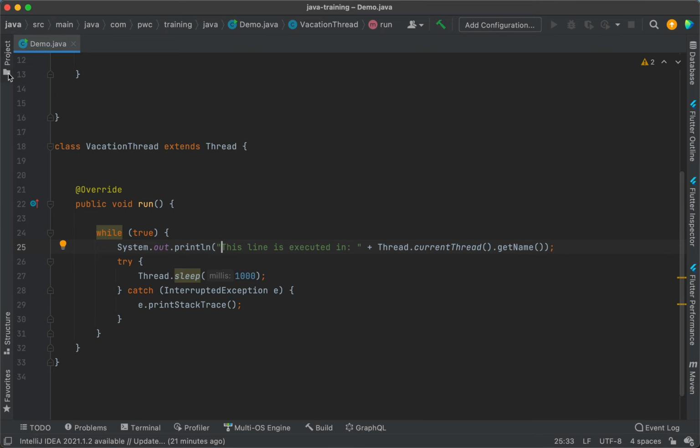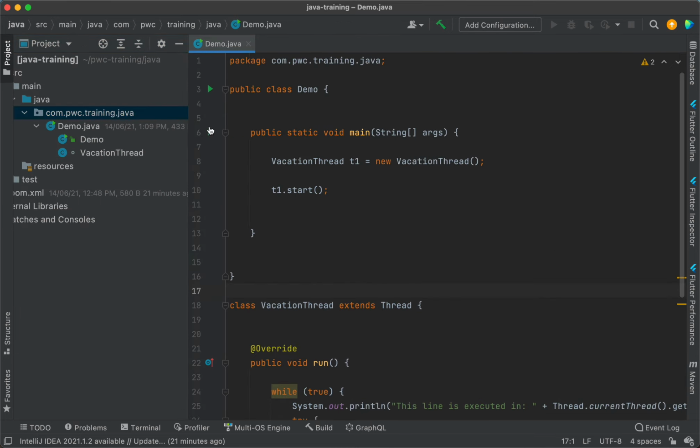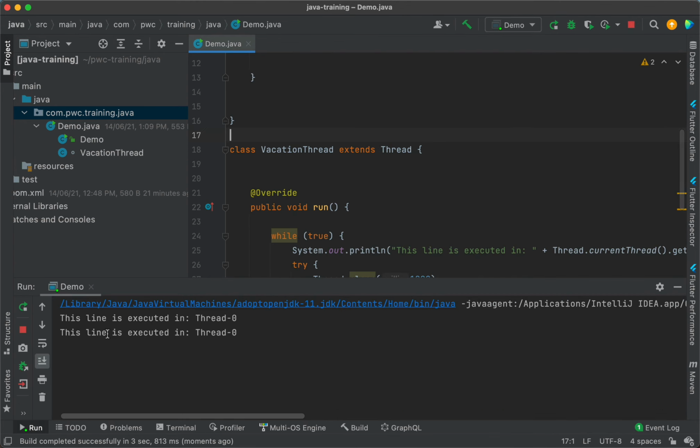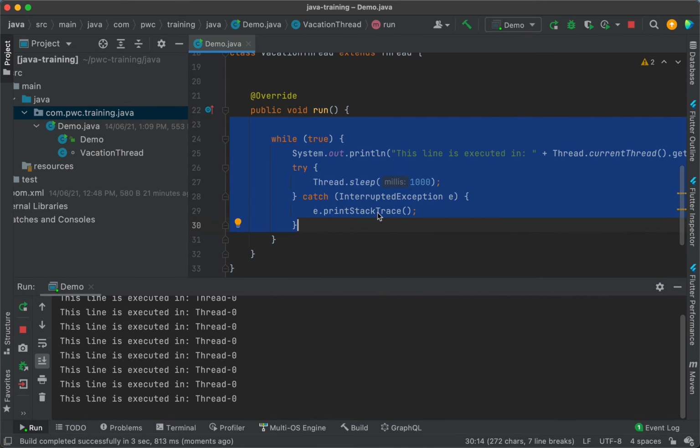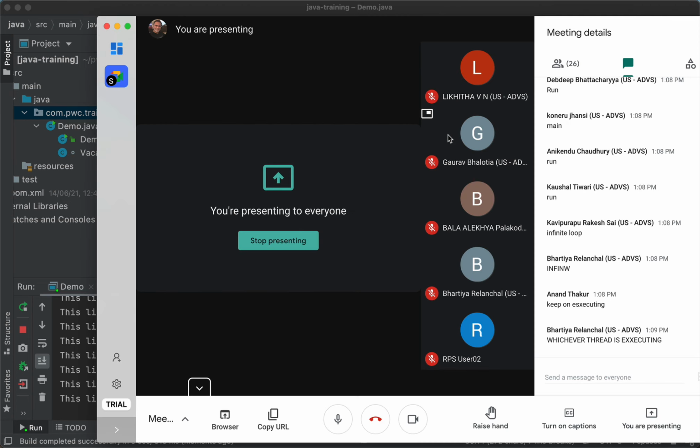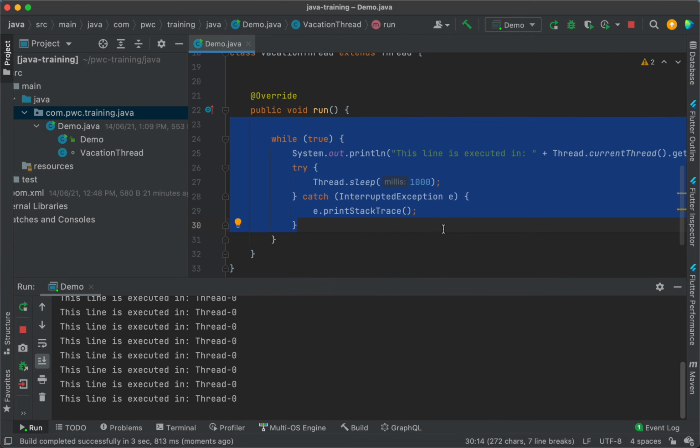And then you see this, let me execute this and you will get a better view. See, I'm executing my main, and you see this, it starts my application. Okay, you see this, the line is executed, you see, in thread 0. So where is this piece of code getting executed? In which thread? Is it in the main thread or it is in thread 0? Come on, tell me.